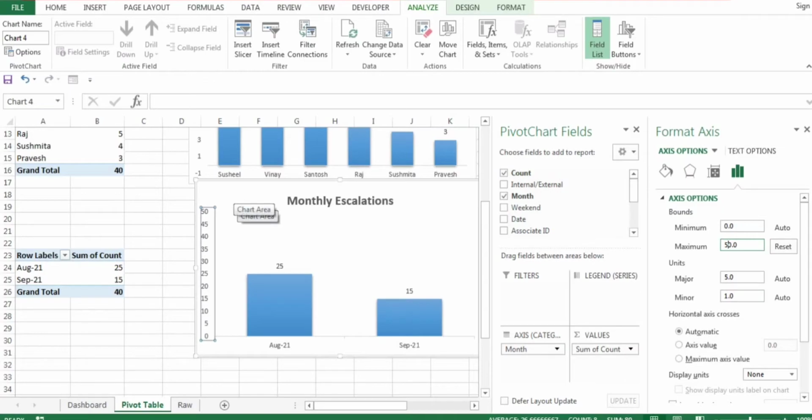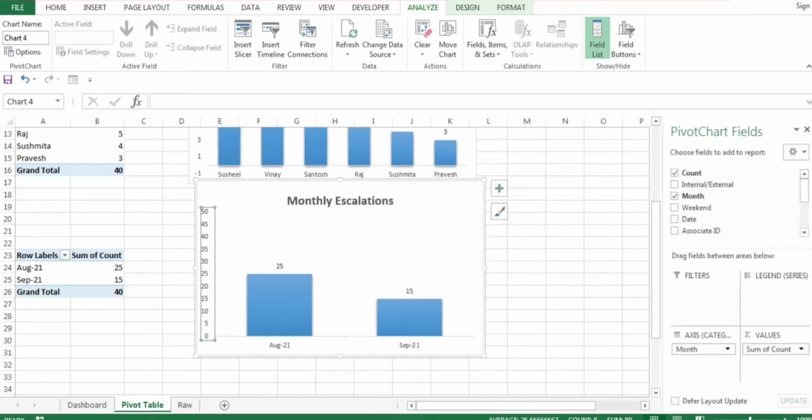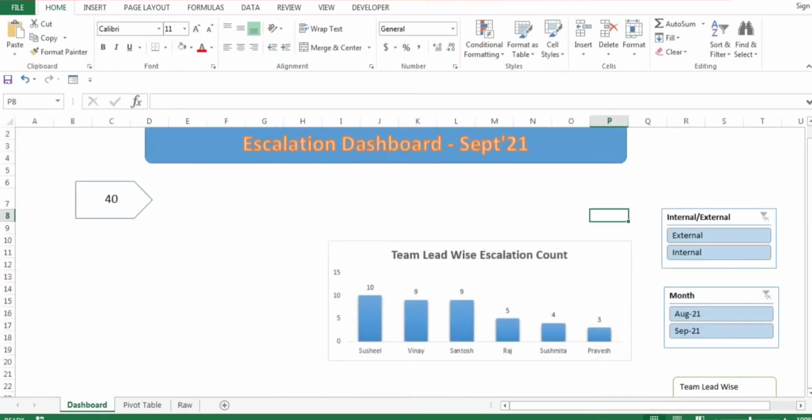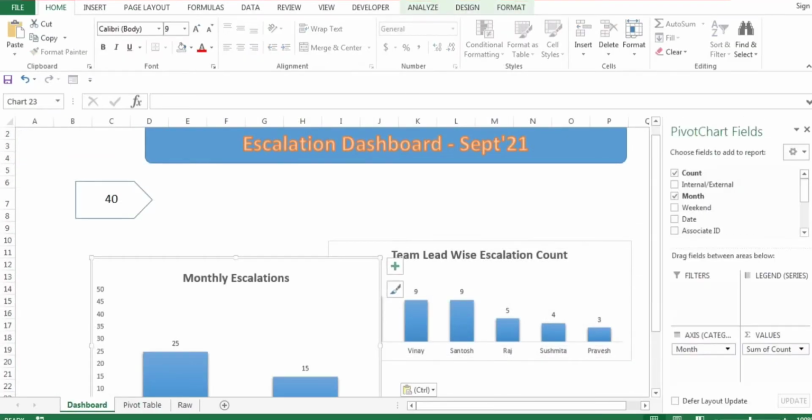Okay, now right click, give me 1 minute. Now Control C to copy this graph, or else you can right click and copy this graph, go to the dashboard and paste it here. And now I'll resize it.